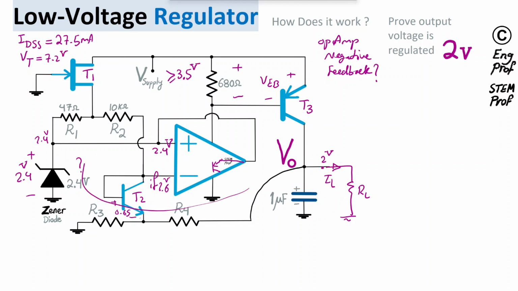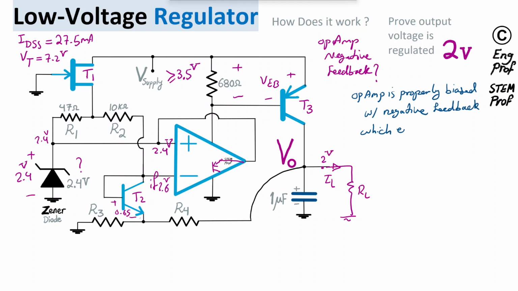by the connection and wiring, and the OpAmp is properly biased. So with that summary, what I can say effectively is that in this circuit, the OpAmp is properly set with negative feedback, biased with negative feedback, and it will enforce the virtual short, which means that we can make the assumption positive input terminal of the OpAmp has